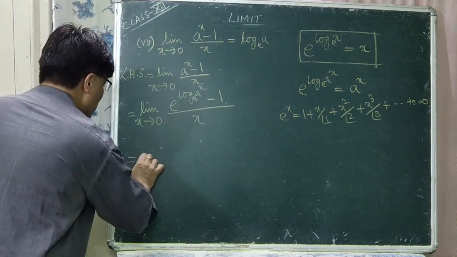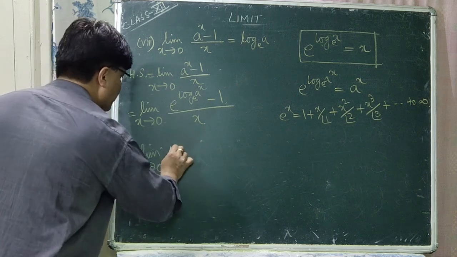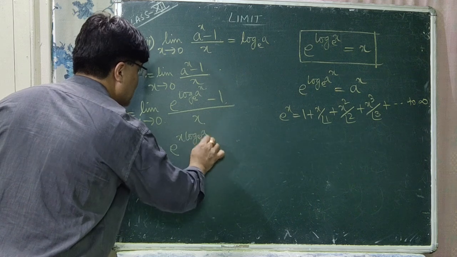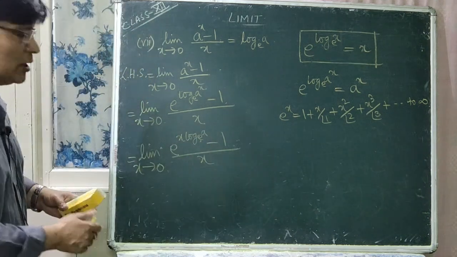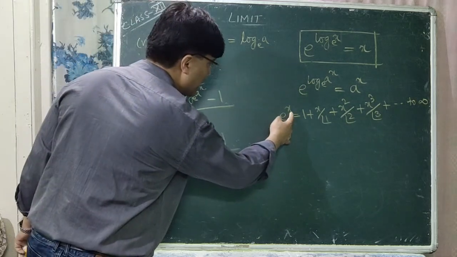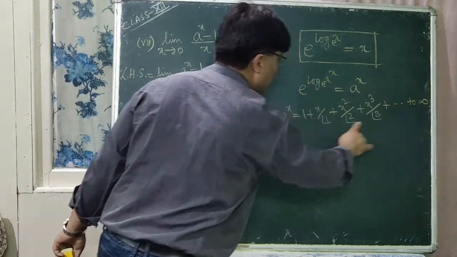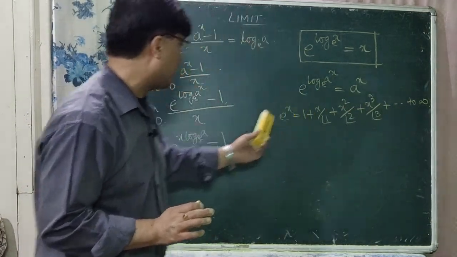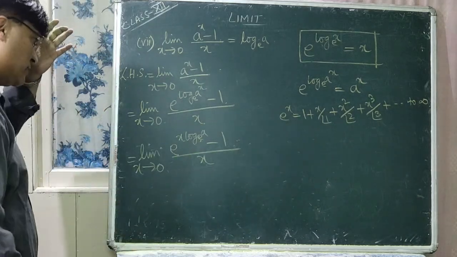So which is equal to limit x tends to 0, e to the power x log a base e minus 1 whole divided by x. So now, instead of x here, what is there? x log a base e. So you can use this formula now. Is that clear? We can use this formula because instead of x, what is here? It is x log a base e. So let us use the formula now,